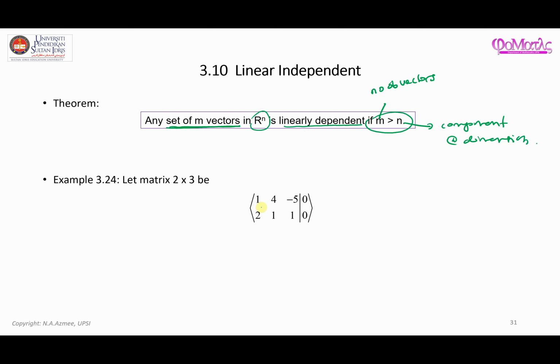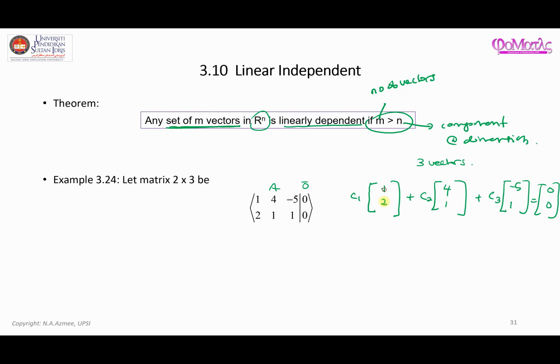So as an example here, this is an augmented matrix in terms of A and vector 0. Clearly, this matrix actually comes from the process of having vector 1 and 2, this part. So here we have some scalar plus another scalar. Here we have 4 and 1. This is the second vector, plus C3. This is the third vector, is equal to vector 0. So here clearly we have 3 vectors,